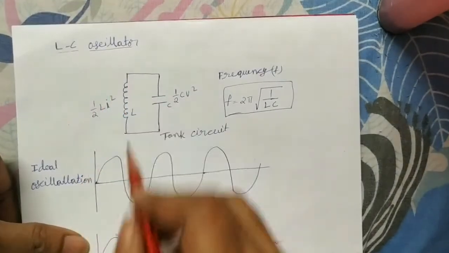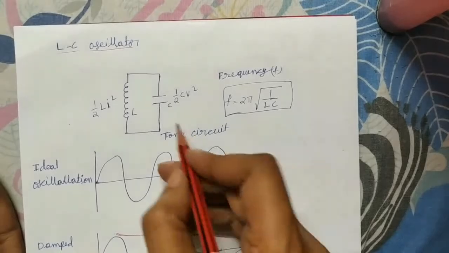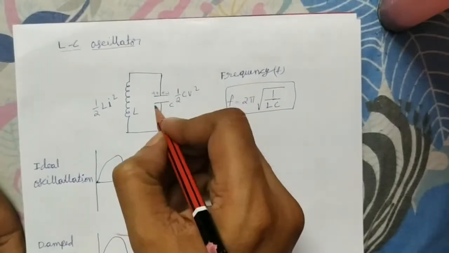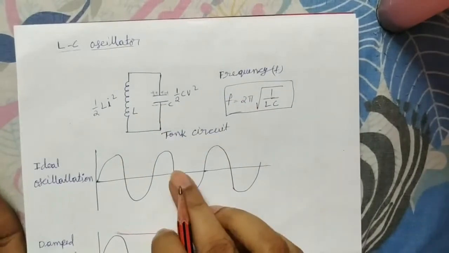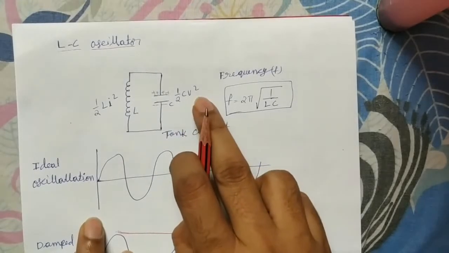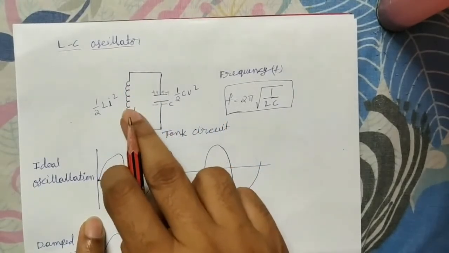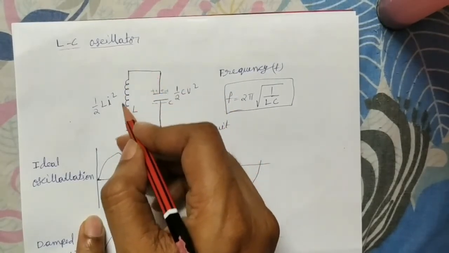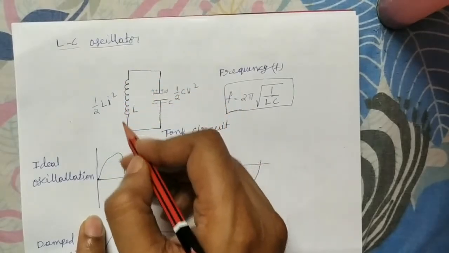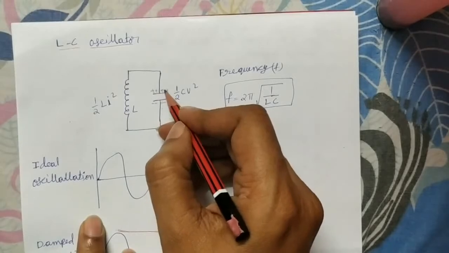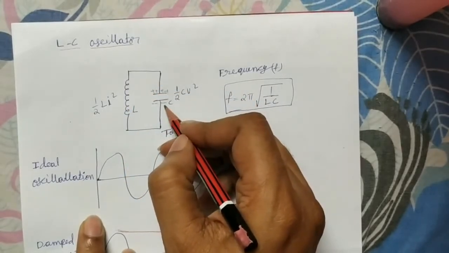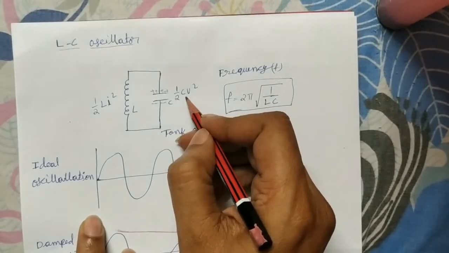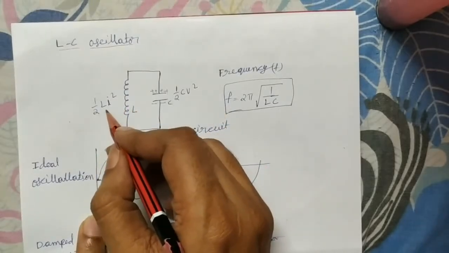Now let's look at the LC oscillator. It consists of a capacitor and an inductor. Initially the capacitor is completely charged. You can think of this plate as having positive charge and this plate negative charge, so it has energy half CV square. By connecting a coil, a good conducting coil which is what you call an inductor, the two plates are joined with wire and current flows like this. Due to the flow of current, the charge discharges across the capacitor. Then the energy half CV square stored in the capacitor decreases, and the energy half Li square stored in the inductor increases.